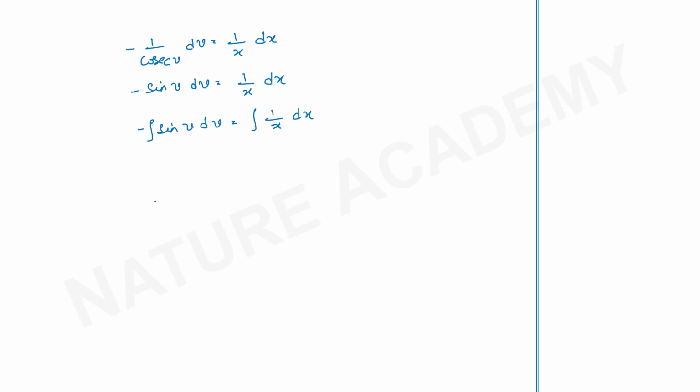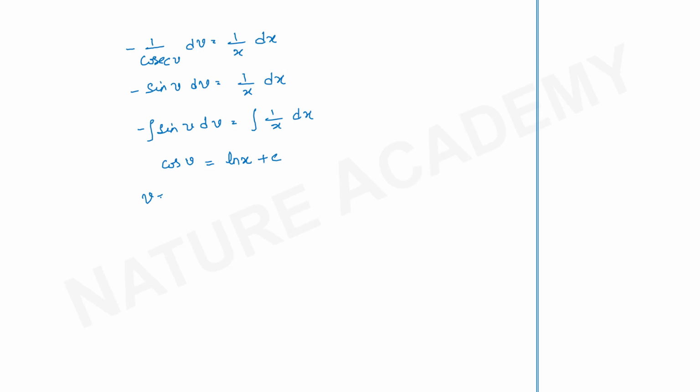How do I separate? I can write it as minus 1 by cosecant v into dv is equal to 1 by x into dx. This I can also write as minus sin v into dv is equal to 1 by x dx. Integrate both sides in order to find the general solution. You will have minus integral sin v dv is equal to integral 1 by x dx. So the integral of sin v becomes minus cos v, minus minus will get cancelled, you have cos v. So cos v will be equal to log of x, as integral 1 by x is log x,